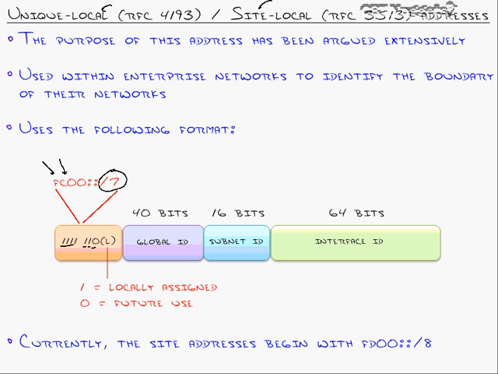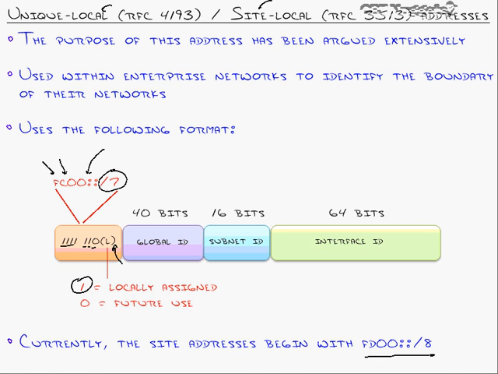So currently, the site addresses will all begin with FD00 colon 8 because even though the RFC says only the first 7 bits have to be set, they say, oh yeah, by the way, that last little L bit on the end should be set to 1, which means it's locally assigned by an administrator, thus making all enterprise addresses, or all private, I guess you could say, IP version 6 addresses start with FD00/8. Now, it seems funny when you look at something like that to be like, oh no, you're locking it down. There's not enough